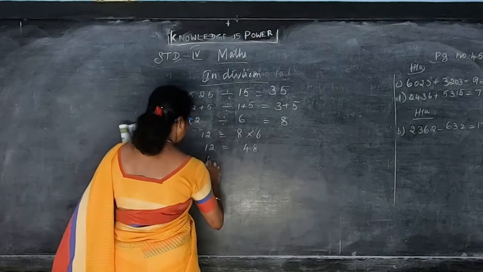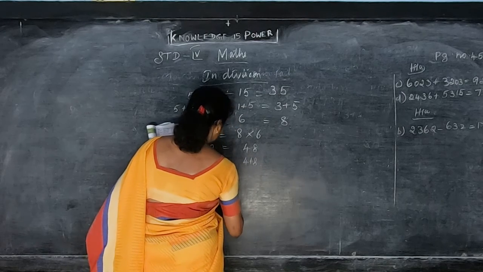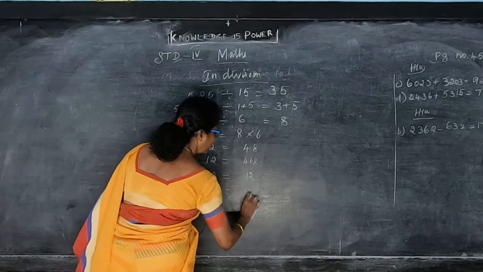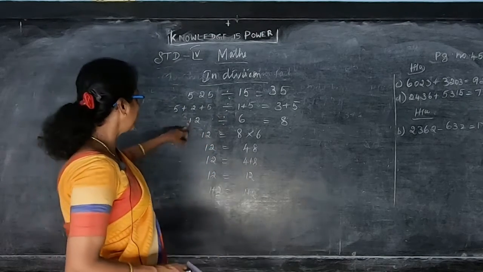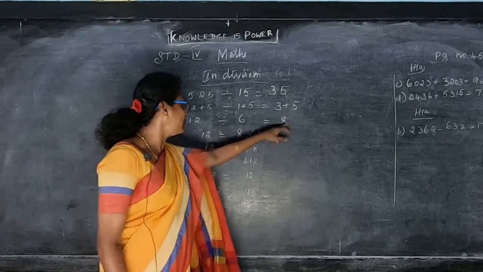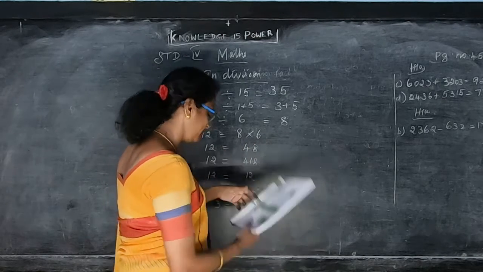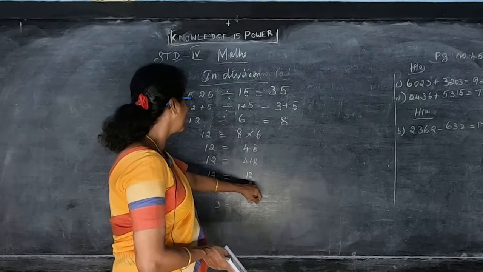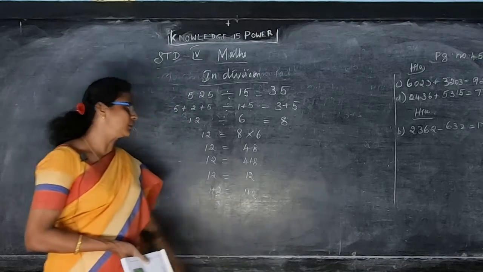1 plus 2 is 12, and let the 12 remain as it is. Now do this 4 plus 8. So 8 plus 4 is 12, that is 1 plus 2, that is 3 is equal to 3. That is, if you add this number, 12 divided by 6. So 12 is equal to 6 multiplied, that gives you 8 into 6. So 8 sixes are 48. So 12 divided by 48. Either do 4 plus 8, that gives you 12. So this 12 divided by 12, that is 1 plus 2, that is equal to 3.